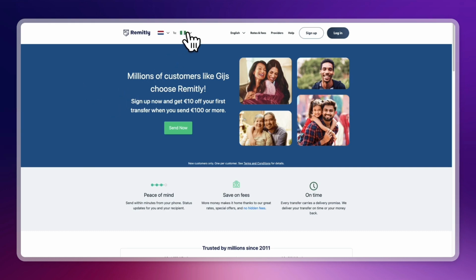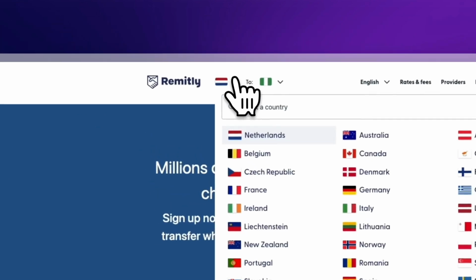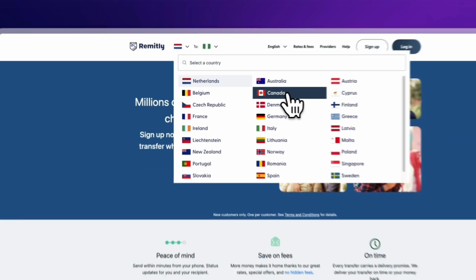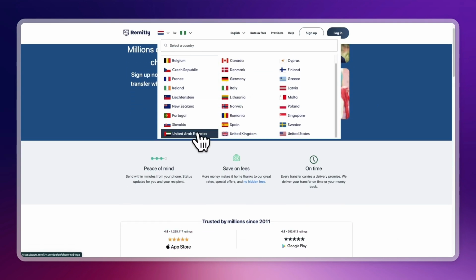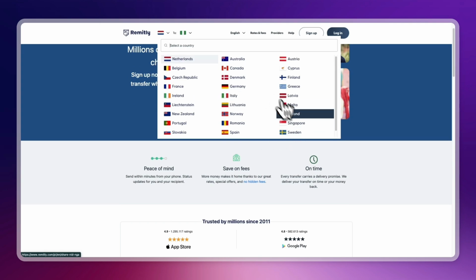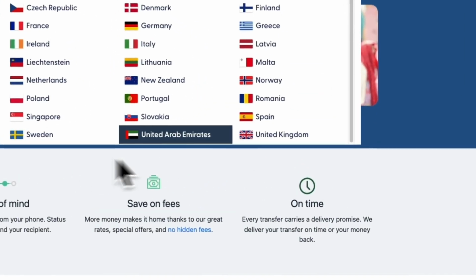All you need to do is right here select your country. So your country does need to be one of these right here. So it's pretty much every single country in Europe. Then you have Canada, Australia, New Zealand, the United Arab Emirates, United Kingdom, United States, and a bunch more. For example, if I'm from the USA, then I would click on that one, and then as you can see,